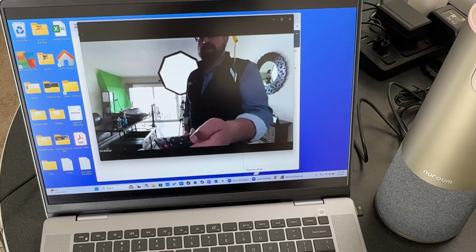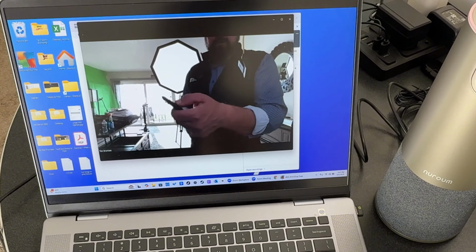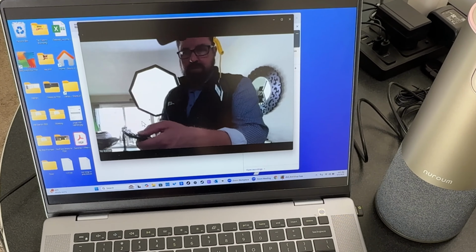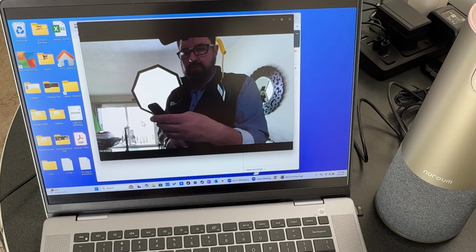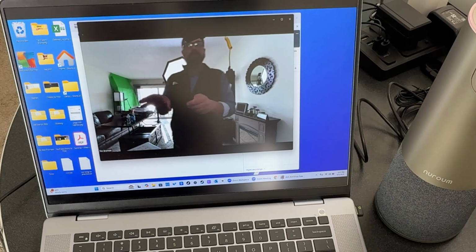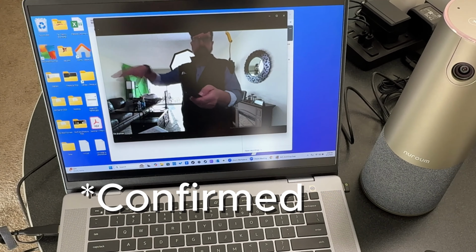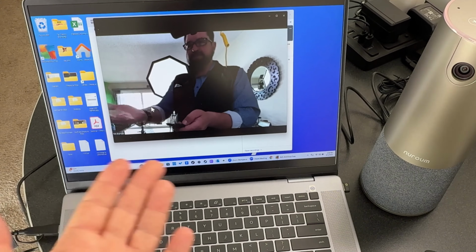Now I have the remote in my hand. I'm zooming in, and I can also pan up and down using the arrow keys here. And so this will allow me to go all around the room. I believe the AI feature will automatically focus on the person who's speaking. So in this case, it's only me in the room, but that's what that does. So if you're at a conference table, say, it will...